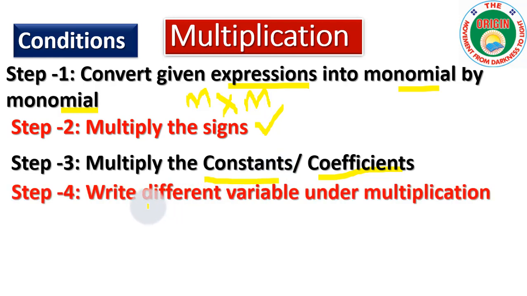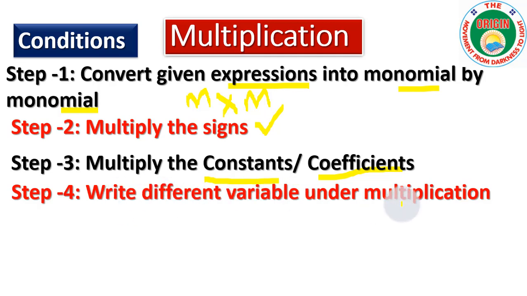Step 4. In addition and subtraction, we have to observe the like terms. Under multiplication, there is no need to observe the like terms. If unlike terms are there, in case A and B, if you want to multiply A and B, the result is AB. X into Y, two unlike terms. If you multiply x into y, it is xy. Like that,